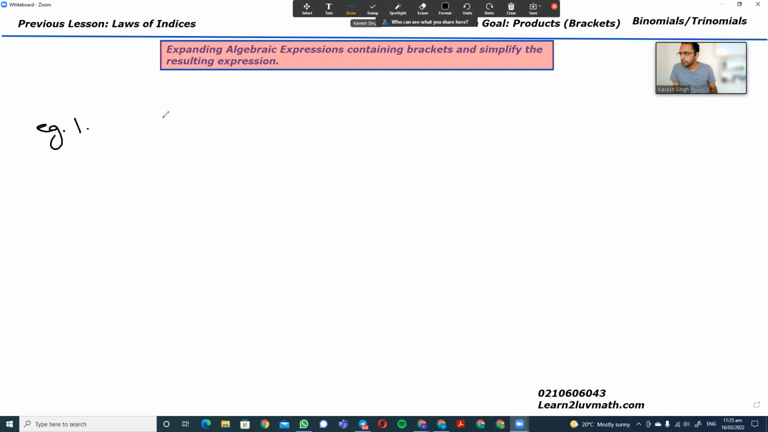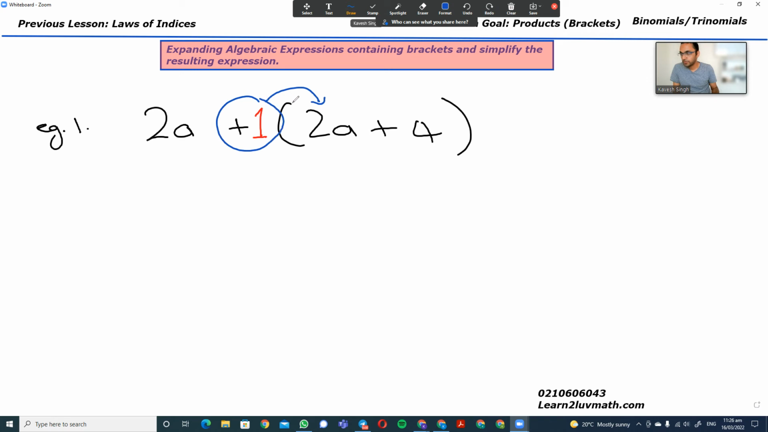Okay, example one, I have 2a and I want to plus a bracket that has 2a plus 4 inside. When the sign plus is right next to a bracket, we actually have an imaginary 1 in place there. And all we have to do is multiply it into the bracket. But we must remember to multiply that number with the plus sign to each number with each sign, so that we can remove the bracket. And this is what expanding the brackets is all about. It's about taking 2a